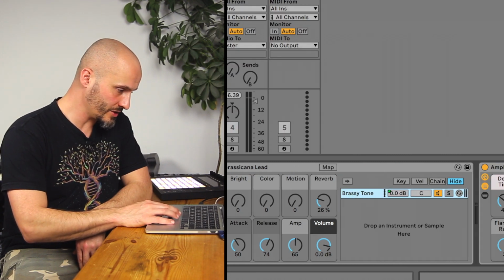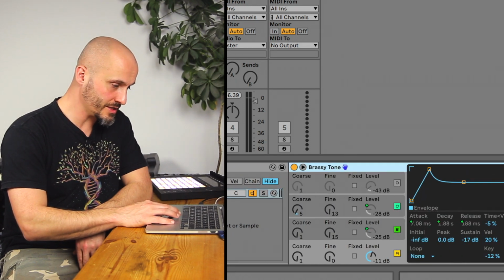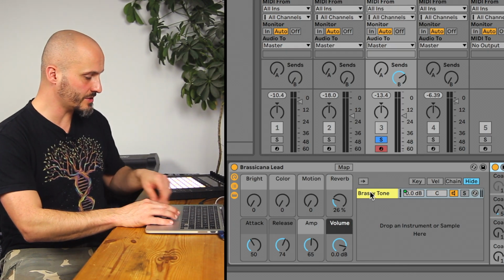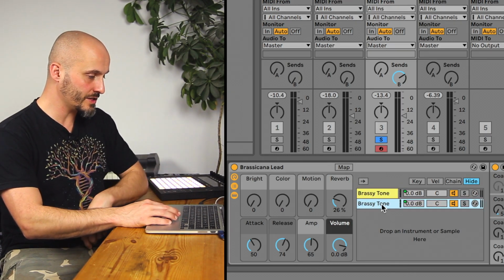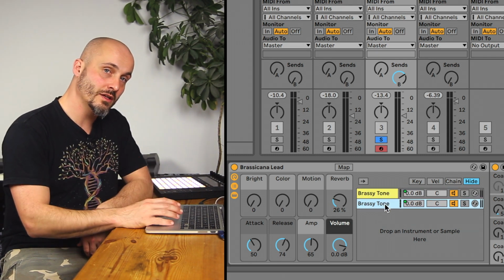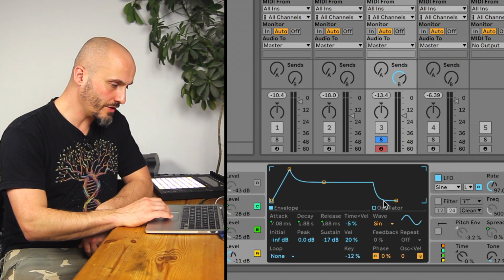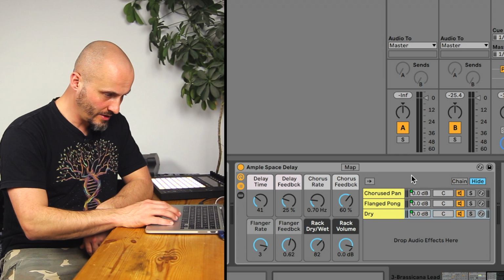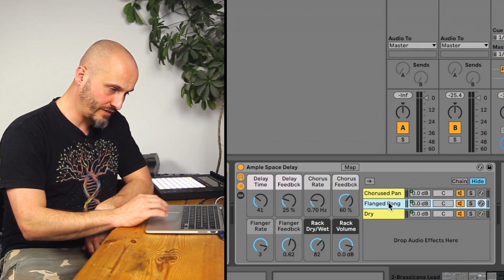So in this case, if I show up the device view, there's one operator loaded into this preset, but some of the presets you'll see, if I just drag and copy that with the Alt key, you'll see that there's actually multiple instruments that are all played at the same time when you hold down the note that goes into that instrument. So if we go to the audio effects racks, we have here a dry chain, a flanged chain,